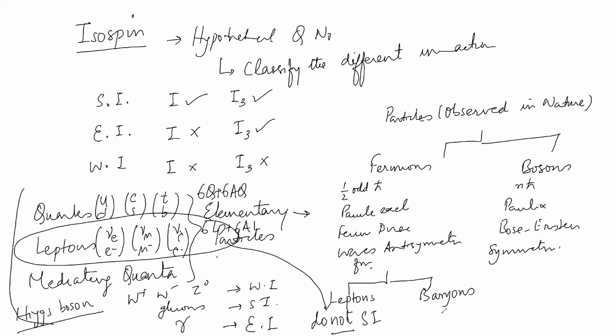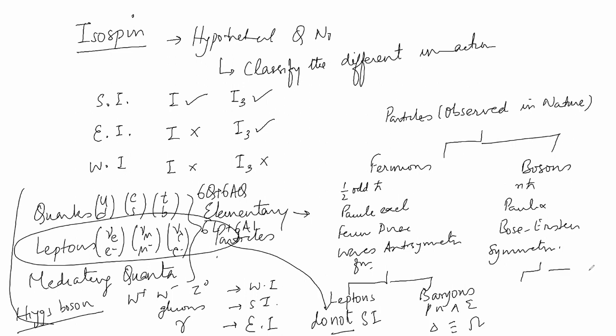While baryons are particles which participate in all interactions. If they are massive, they will also participate in the gravitational interaction, but we are not talking about that because it will be there wherever there is mass to a particle. Baryons: proton, neutron, lambda, sigma, delta, cascade, omega, these are all baryons.